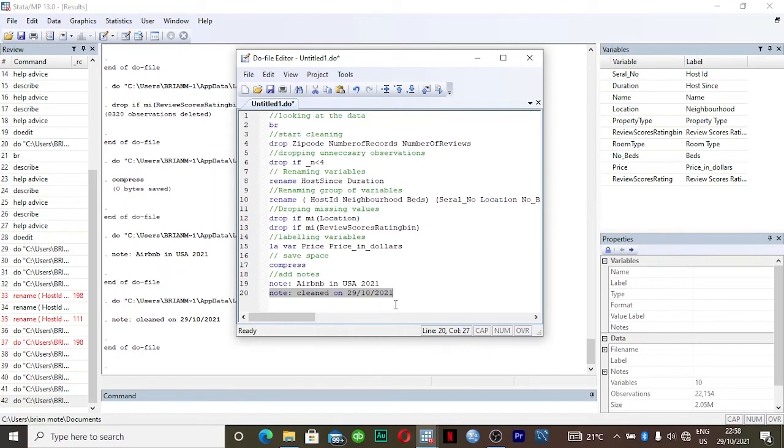Therefore, it is advised to add notes, so that you will know what each do file is about, and what you are doing.